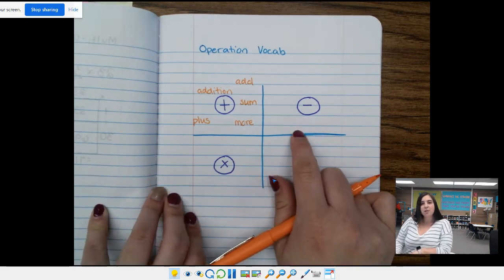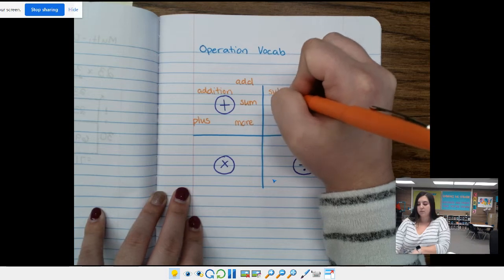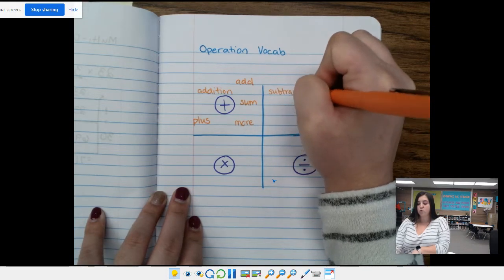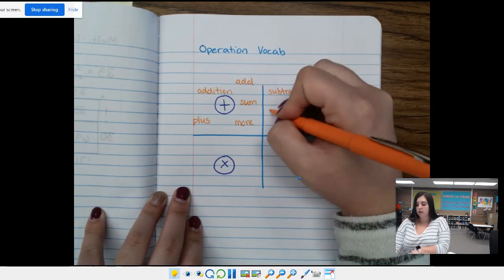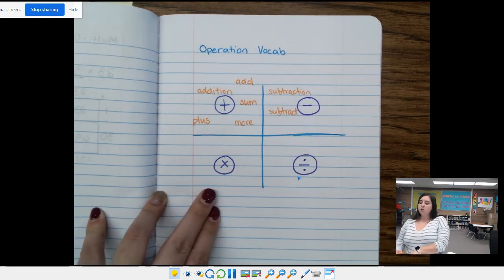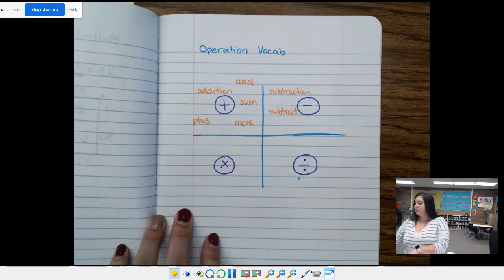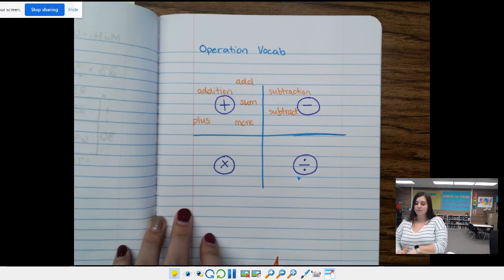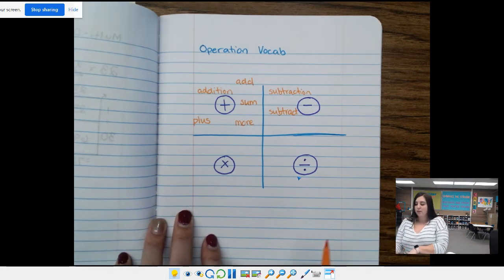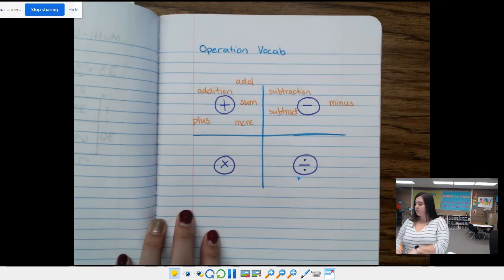All right, let's think about subtraction here. Subtraction or subtract. Either one of these is fine. Take a second, see if you can brainstorm any other words you know that have to do with subtraction. You can write those in. Some of the ones I came up with were minus,